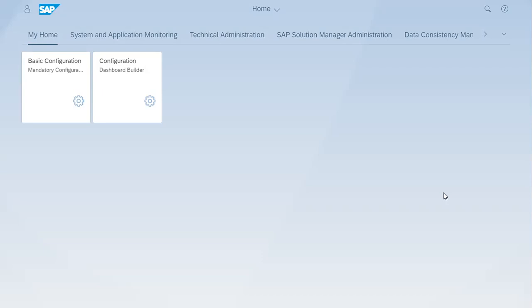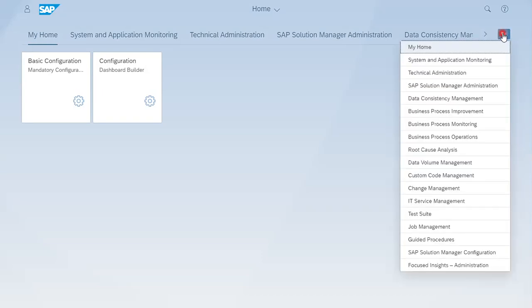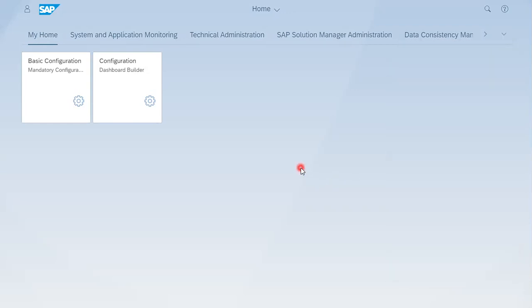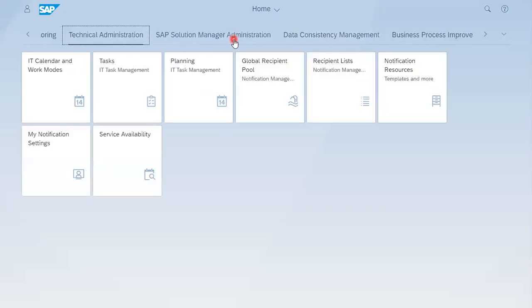This is my SAP Solution Manager Launchpad, and as per my roles, I can see many tiles here in different roles and different catalog groups. In Solution Manager, work mode management and service availability management are both interrelated.